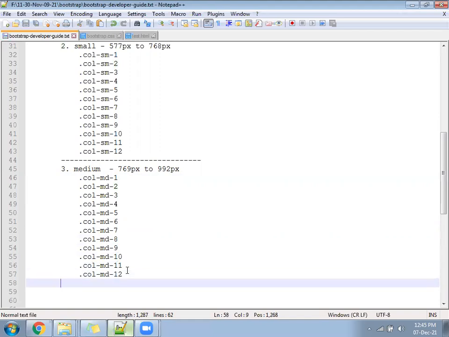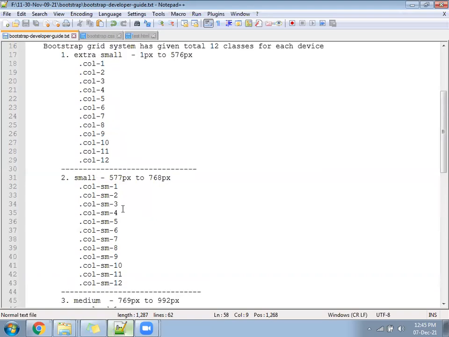So col-1 to 12, col-sm-1 to 12, col-md-1 to 12. Looks easy to remember? Now you only need to remember 36 class names. Once you write, you will remember easily.